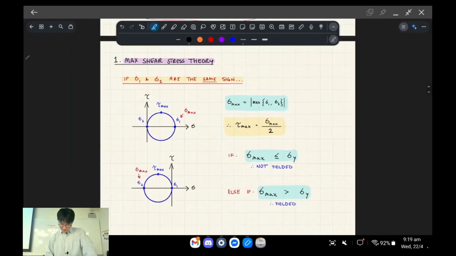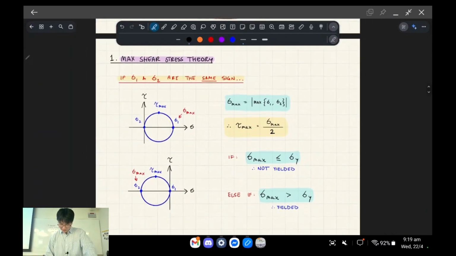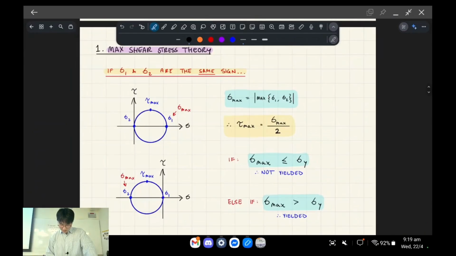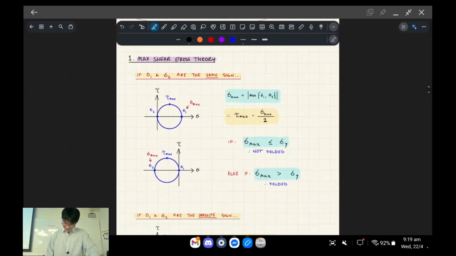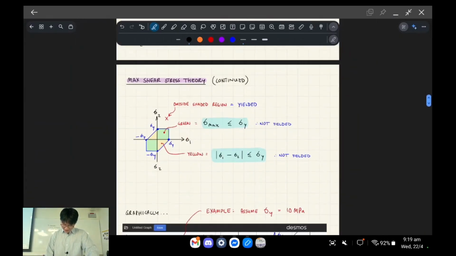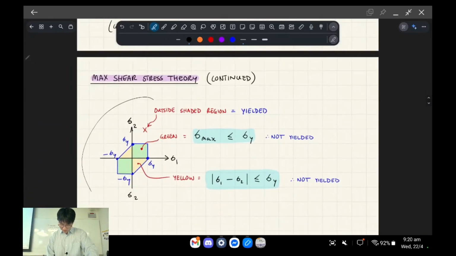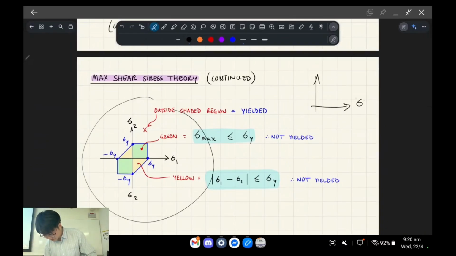The first one's called max shear stress theory, and essentially, okay, there are basically 2 scenarios. Let me just show you. Let me skip forward for a second, right? What we're gonna do is put this on a graph, but it's not gonna be the one that you've seen before, right? Instead of being like this, where you're mapping the shear stress and the axial stress, you're going to instead be mapping the principal stresses, okay?